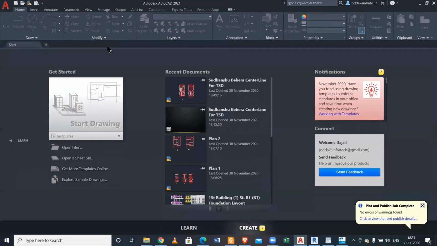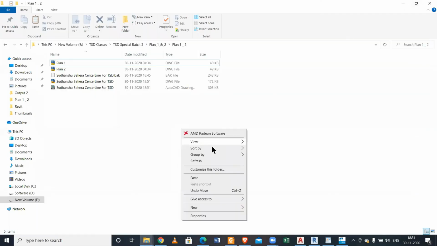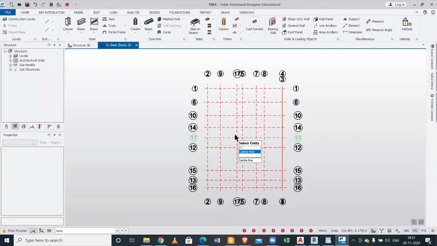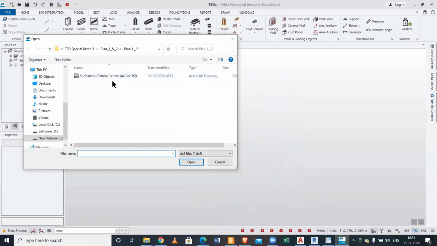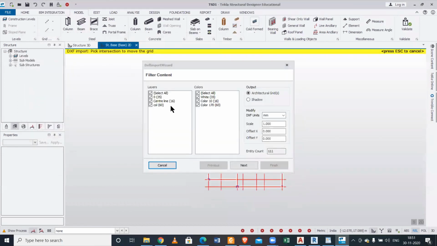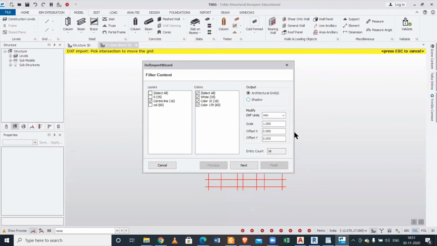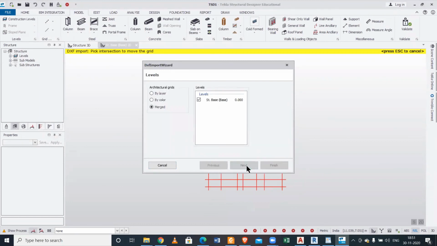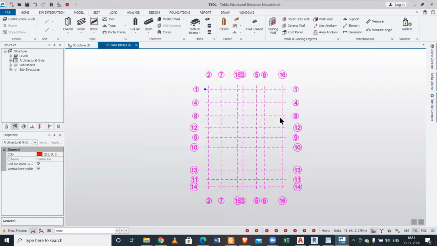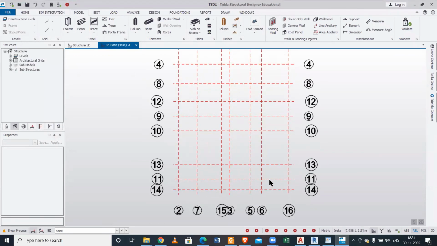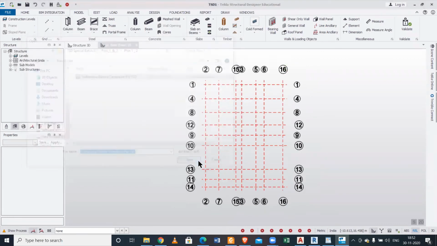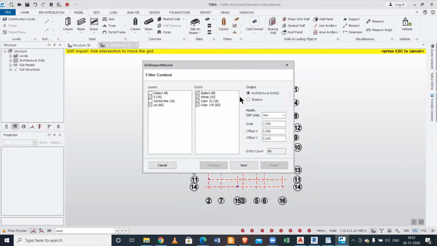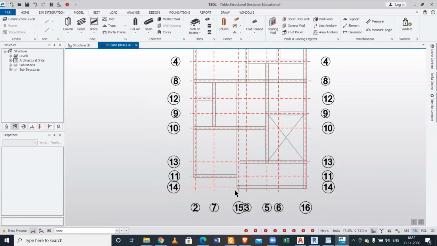And then close this. So now let us just check. Ctrl Z and then again import and check this center line. Now it's perfect. All good. Grids are done. Next step is let's check our shadow. Untick our center line. Shadow. Don't want the center line. Finish. Yeah, shadow is also good.